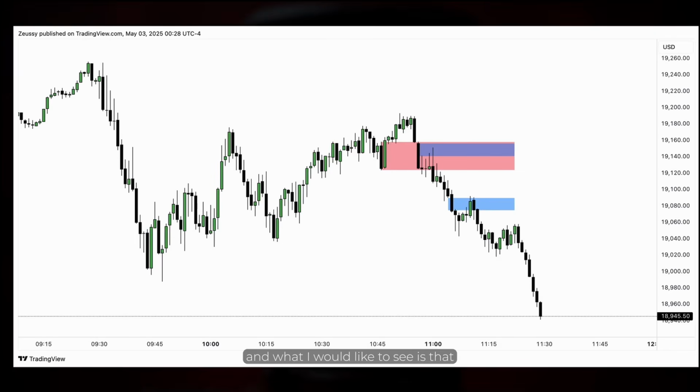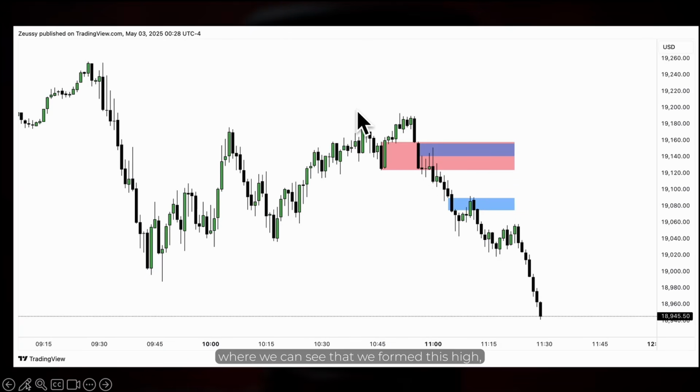And what I would like to see is that we saw the market expand towards the upside, but notice that this was a very slow expansion, where I can see that the market was just grinding towards the upside. Eventually, the market begins to roll over right here, and we begin to see it displace towards the downside. What I would like to see is that we see a bearish breaker formation, where you can see that we